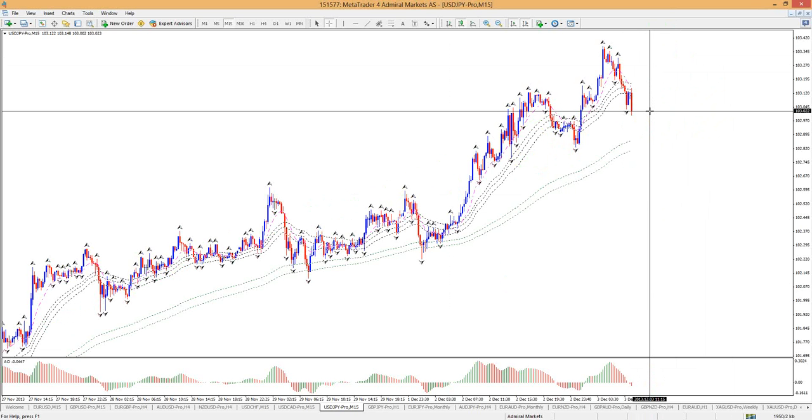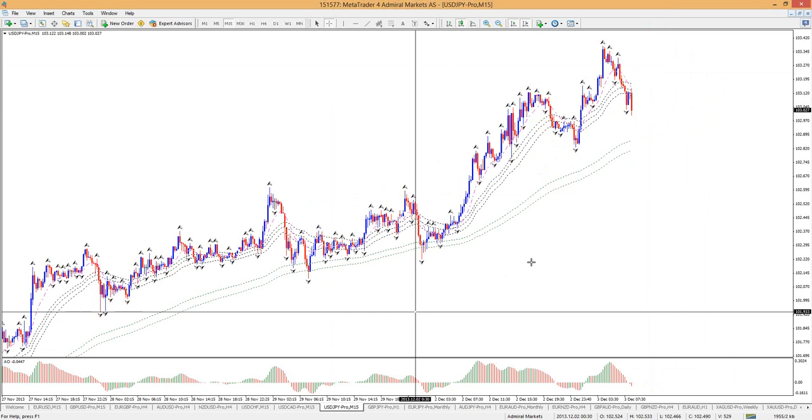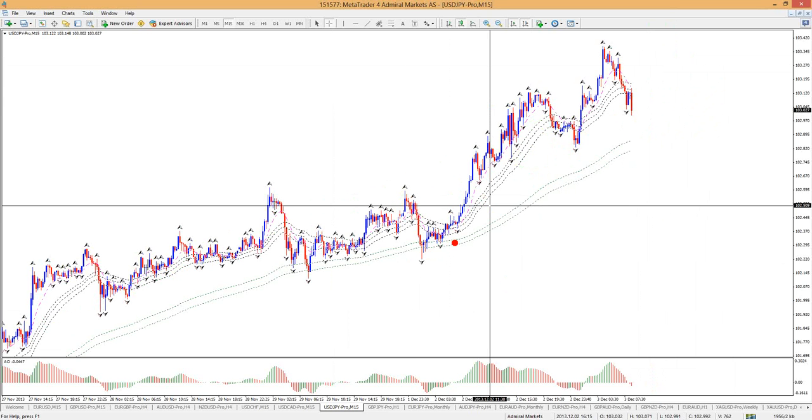Yeah, sure. I thought you understood, but I just wanted to make sure that everyone's on board. And I would trail stop it. I would just trail stop these 50-minute fractals so that I reduce the risk. You can see that, for example, this breakout trade, if we trail stop the 50-minute fractal with 5 pips, we exit in the ideal place.